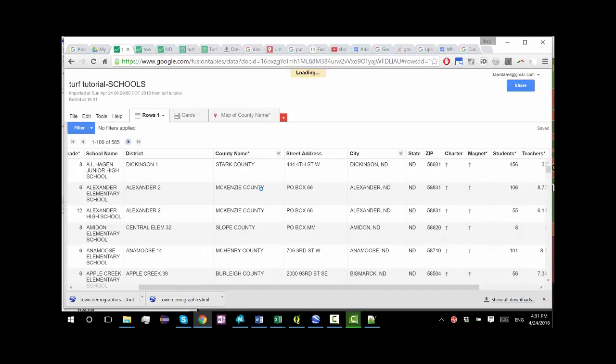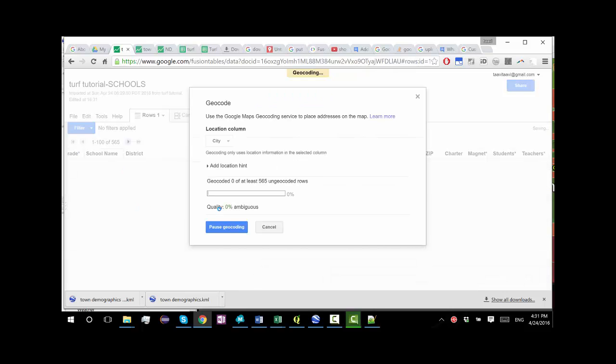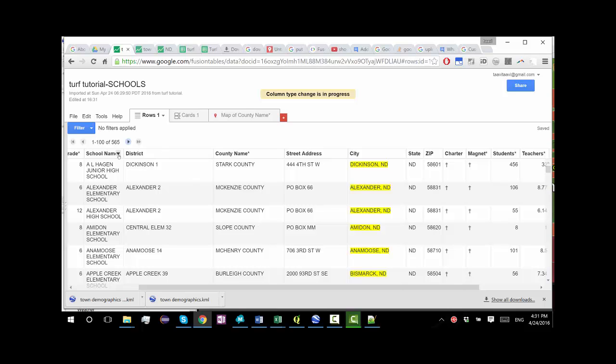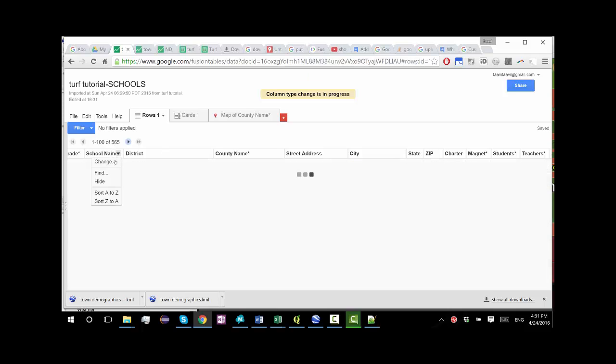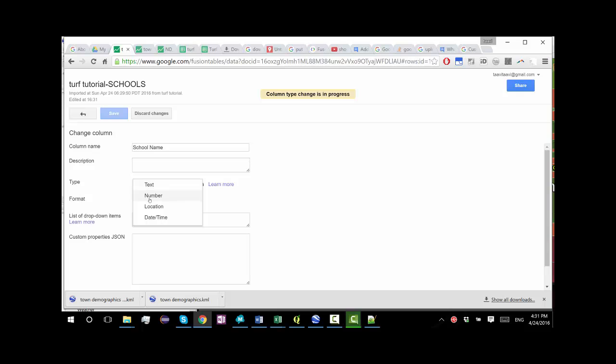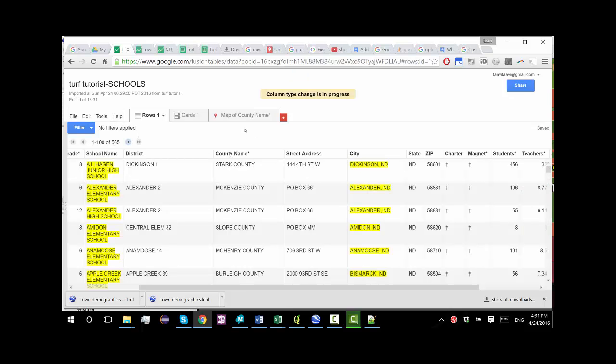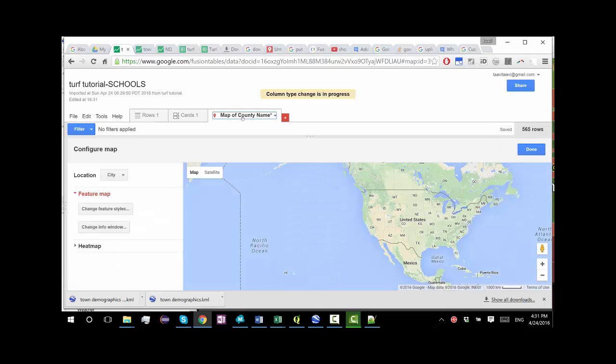So the city name and also the school name. Let's set that one as location as well. Awesome. And now we're gonna map